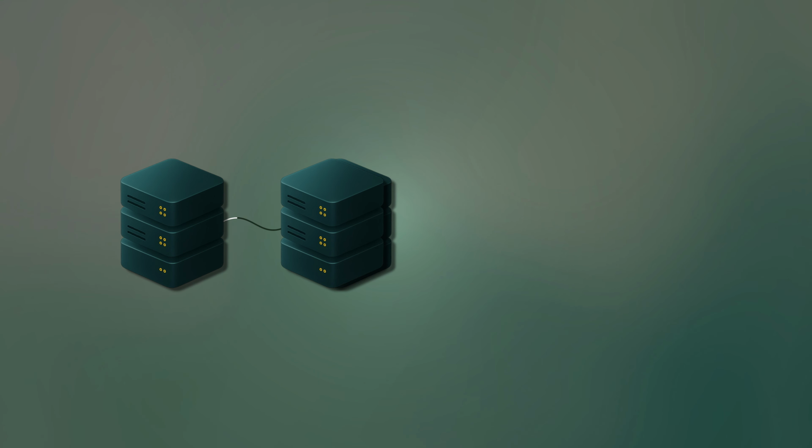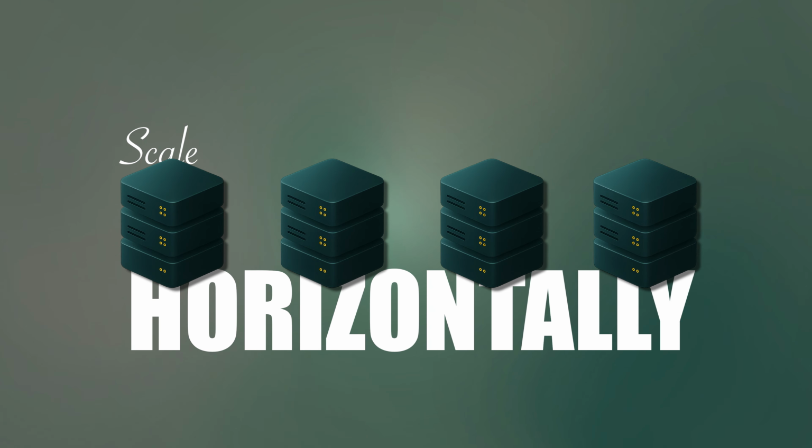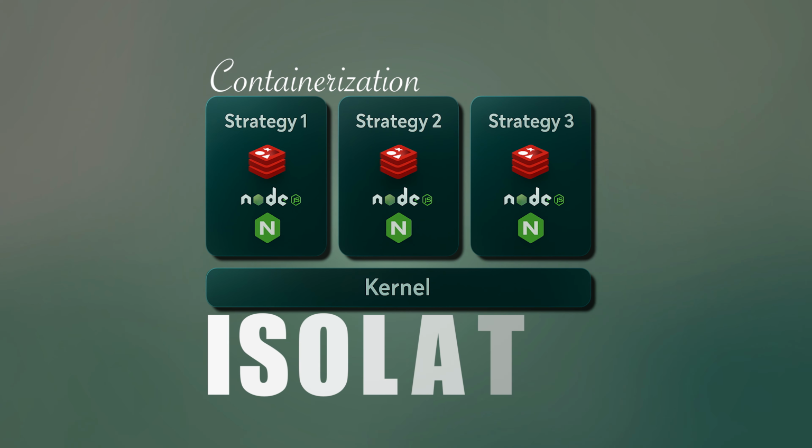To scale Wizzer, we went back to the simple and basic system design principles, and one of them is we design every component, every service, or any API to scale horizontally. Second principle is containerization and isolation by default. Why? Because if every service, every app, even every strategy is containerized, then it allows us to scale independently of every other platform or every other piece of code as and when the demand requires.